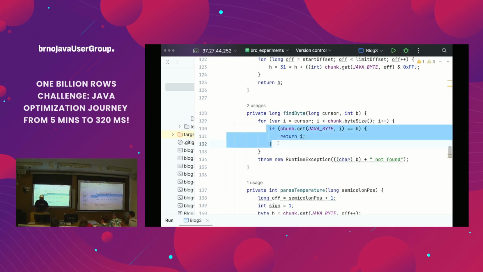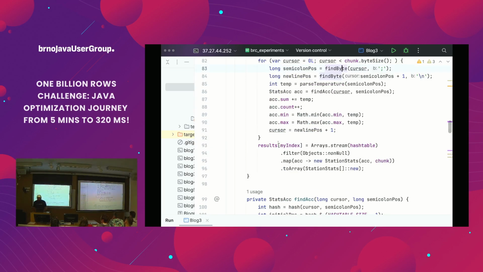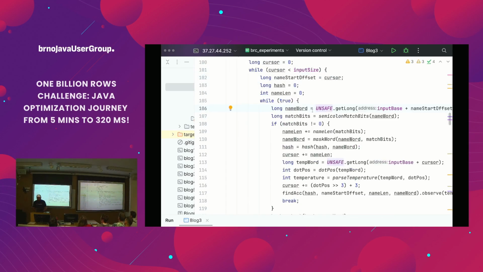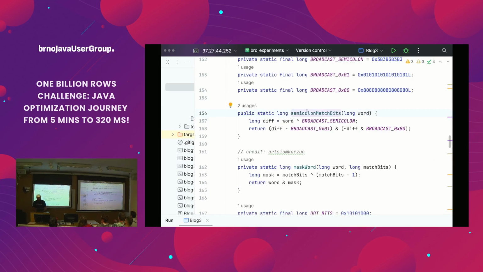So the predictor will learn, okay, the branch most of the time is not taken. So it will speculate it's not taken. But then at the end of parsing, it is taken. So the speculation is wrong. It needs to flush the pipeline, and it's slow. And the same will happen here, when we find a new position. Again, there will be a lot of bad speculations, and I want to eliminate that. And how I do it is pure magic, because if we look at this, yeah, it's starting to get interesting.